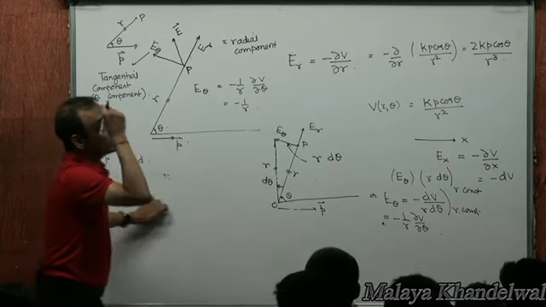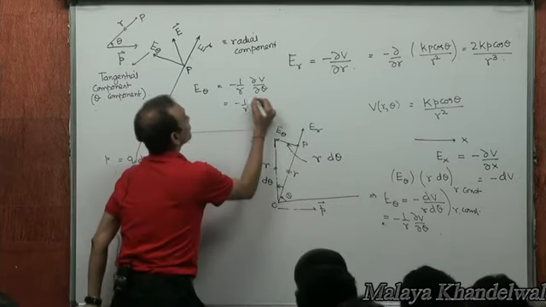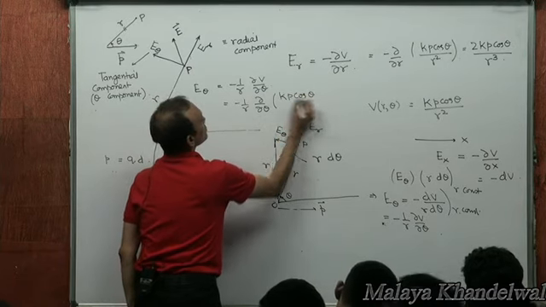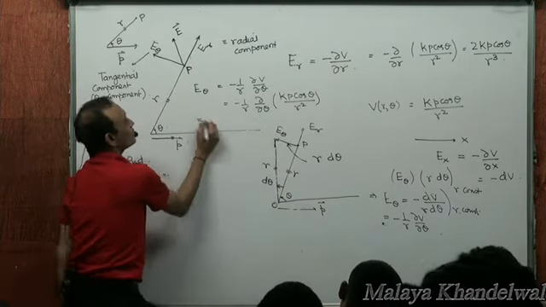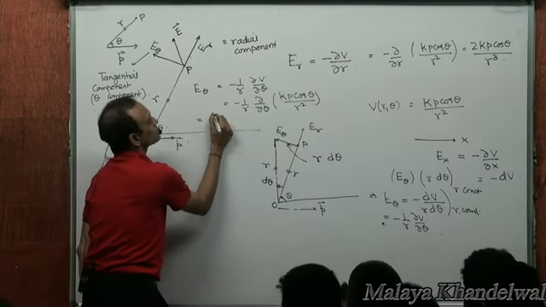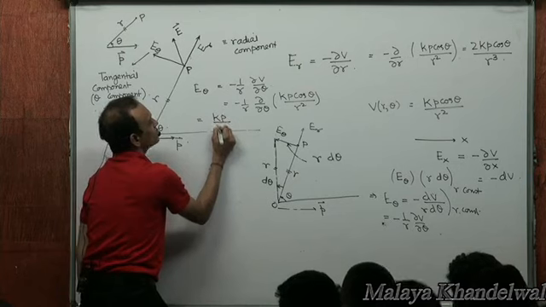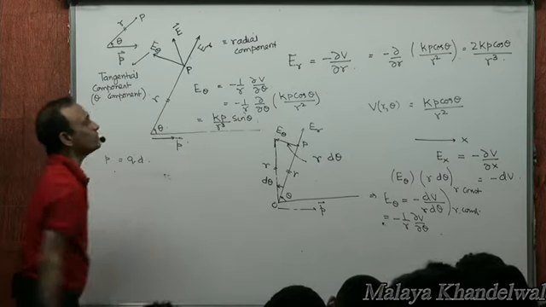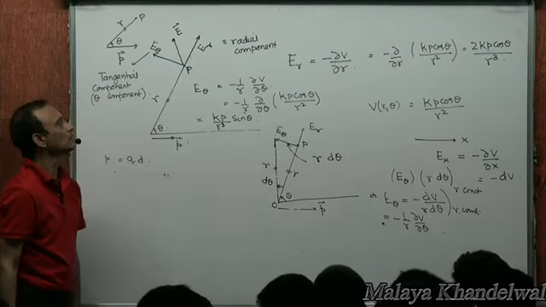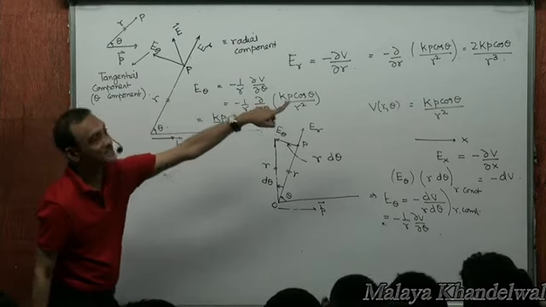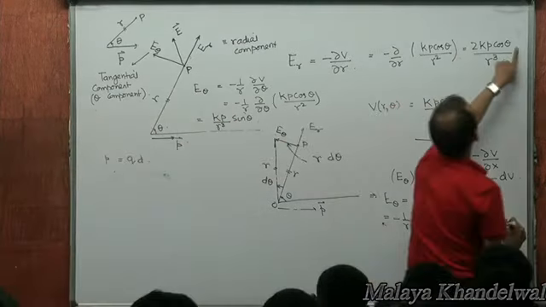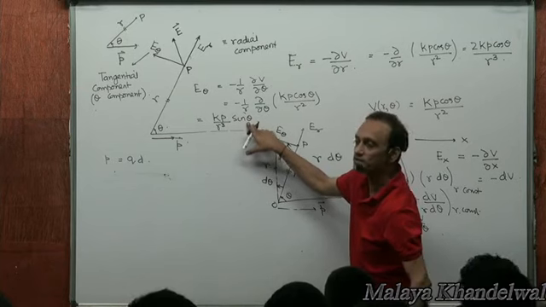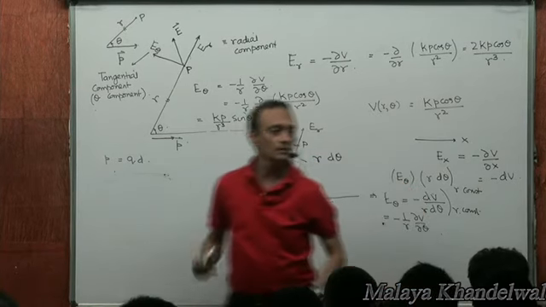What is V? V is kp cos theta by r squared. Differentiate with respect to theta keeping r constant. The r squared and kp will come out. So this is like kp by r cubed sin theta, and the minus cancels, giving minus sin theta. That's the tangential component, and that's the radial component. Radial component is 2 kp cos theta by r cubed. Tangential component, the theta component, is kp by r cubed sin theta.